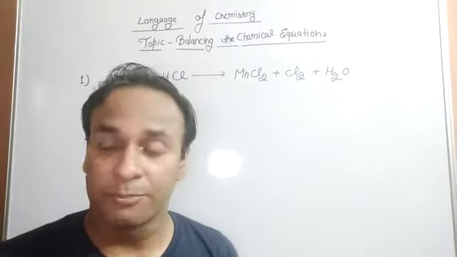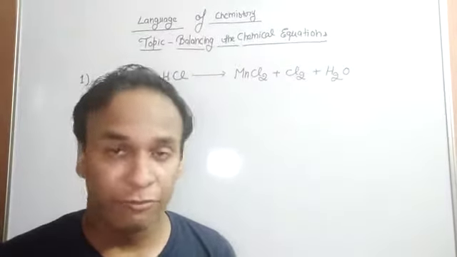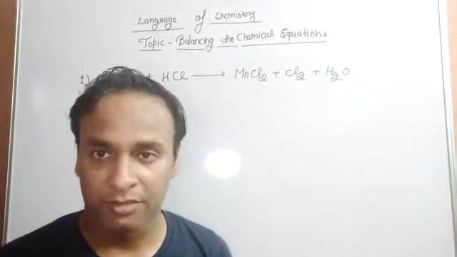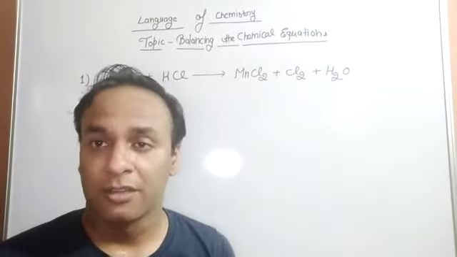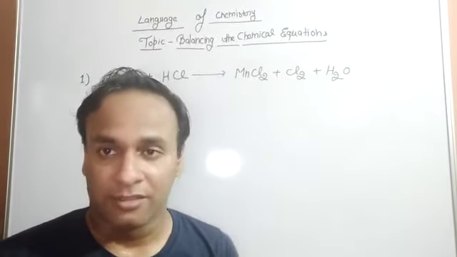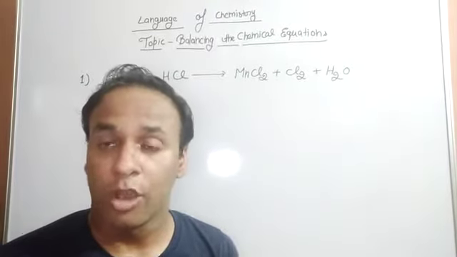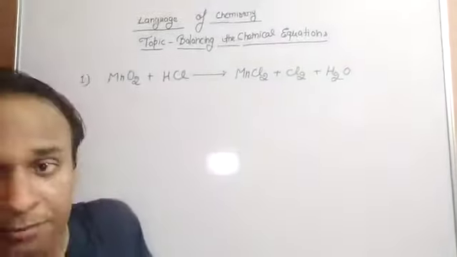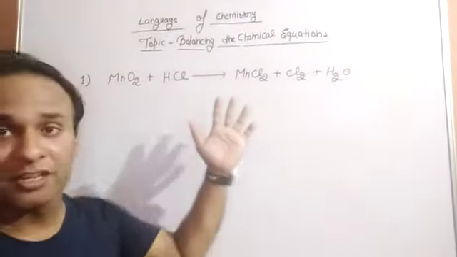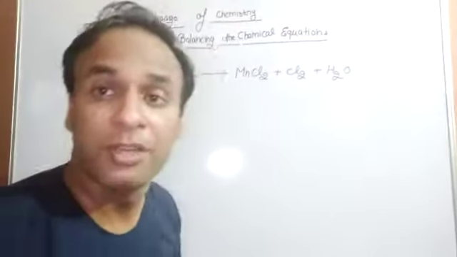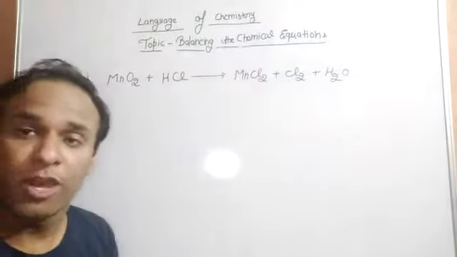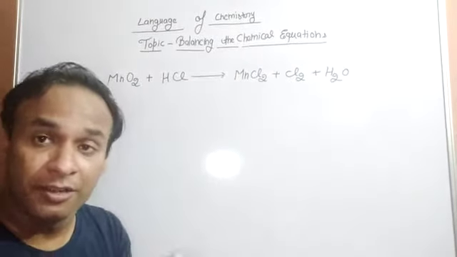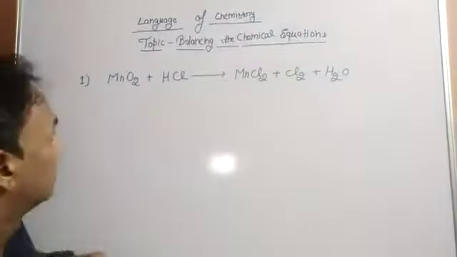There are two methods by which chemical reactions are balanced. The first method is the hit and trial method. In the hit and trial method, all the atoms are balanced. How are these elements to be balanced? Let's show an example. First of all, this is a chemical reaction in which all the atoms have to be balanced. First of all, you have to write all the elements, reactants and products.